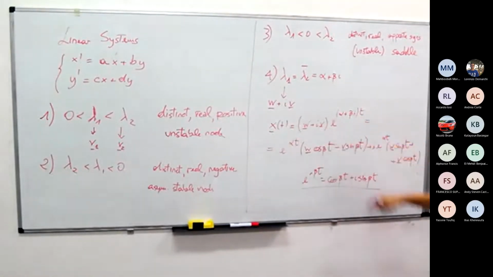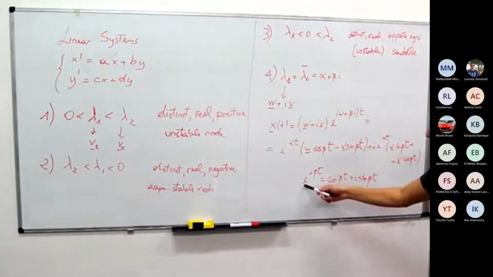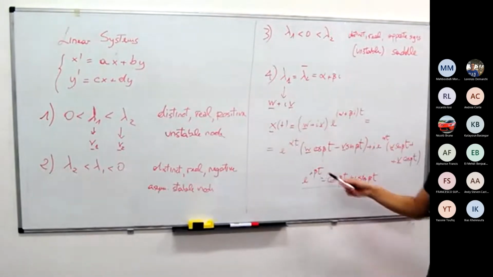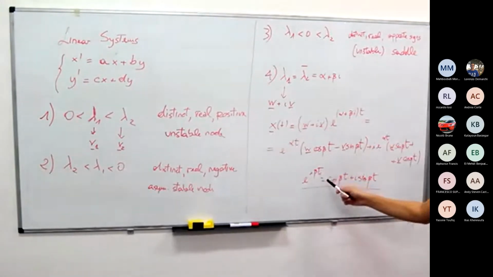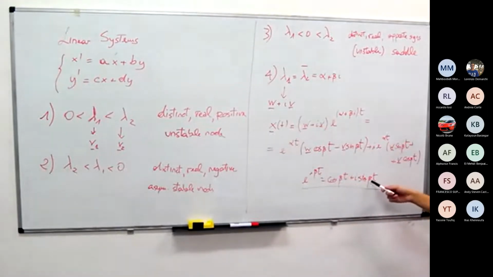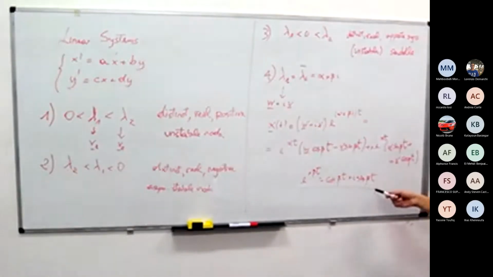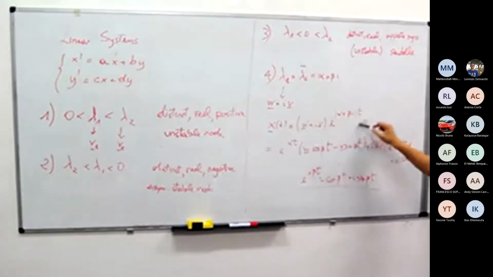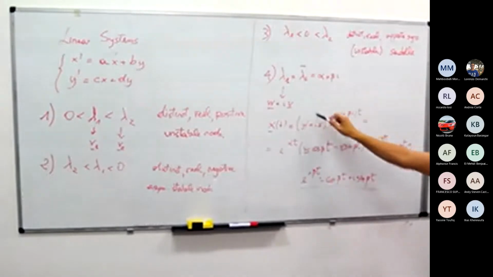And now I'm using this standard expression to write the exponential of i beta t as cosine plus i sine. I hope that you know this expression. So I just rewrote this quantity